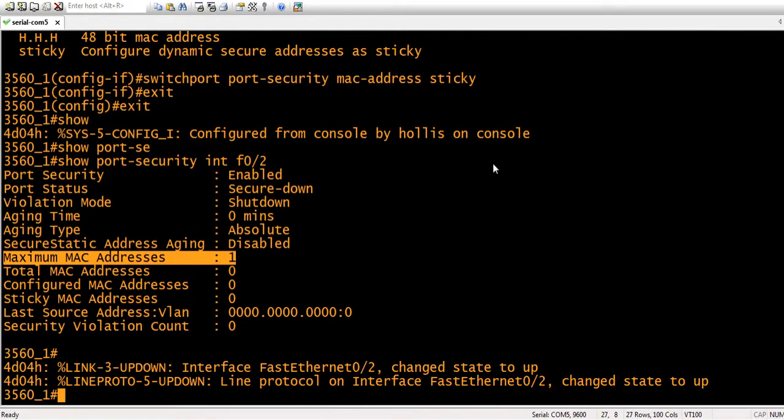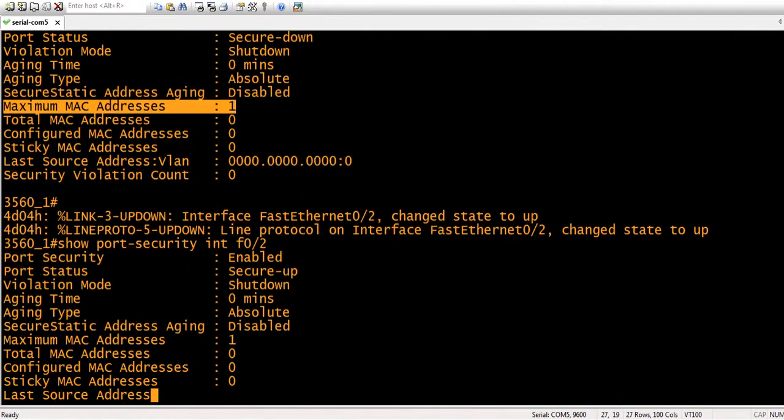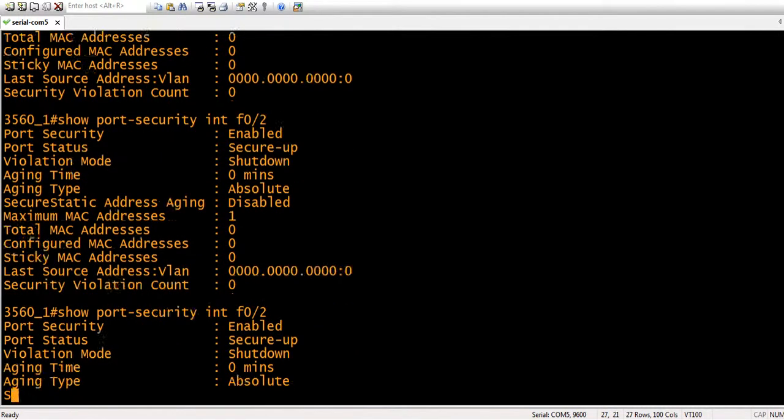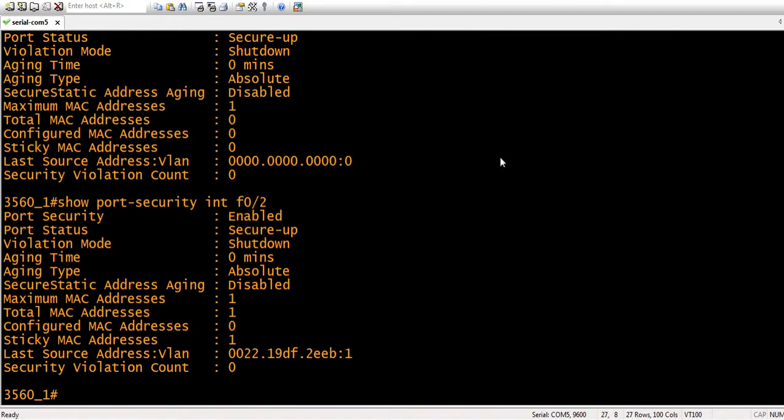Let's wait for the line protocol to come up. Let me generate some frames here, and let's issue that command again. Still waiting on it. There she goes. Okay, it just took a little bit for my computer to generate some frames, but now on FastEthernet 0/2,